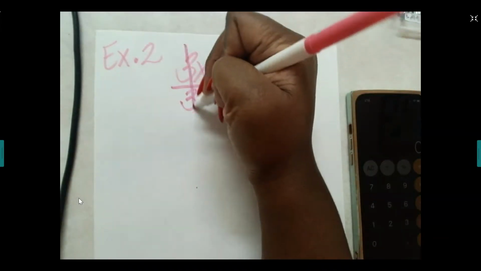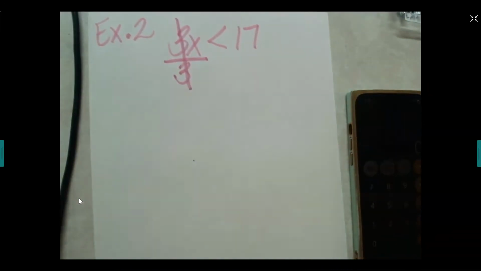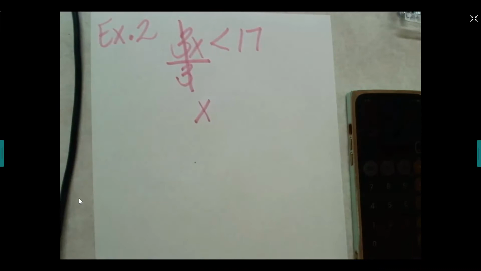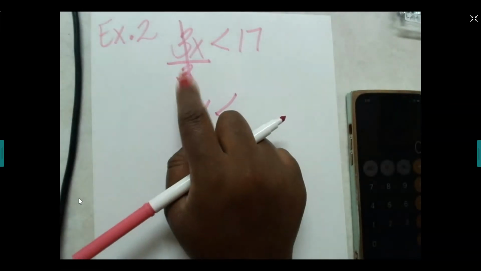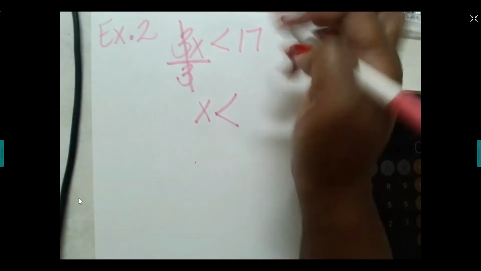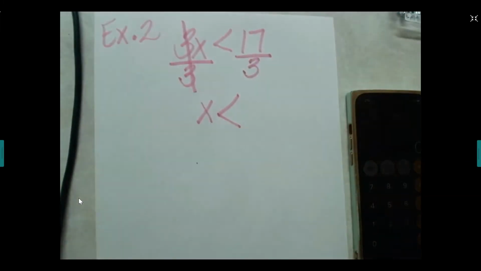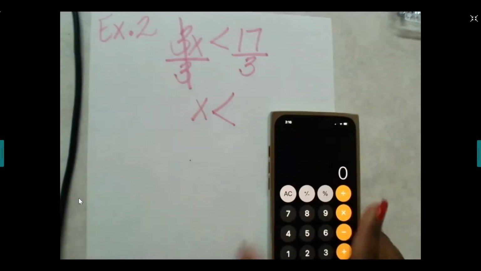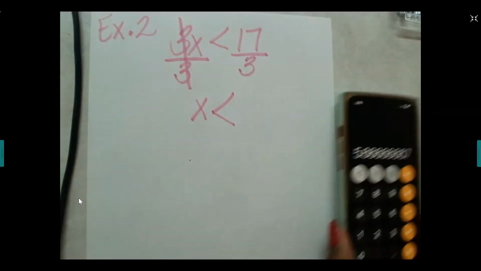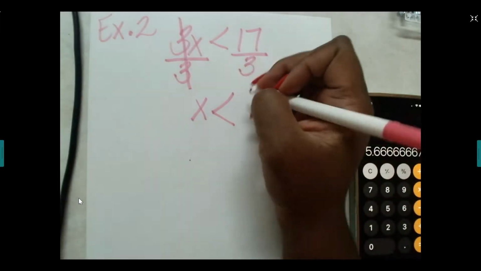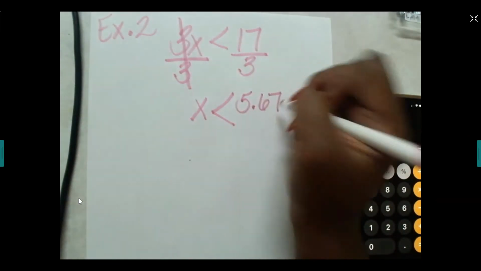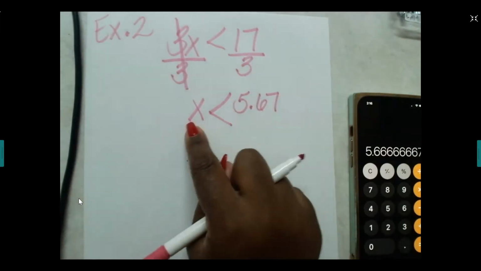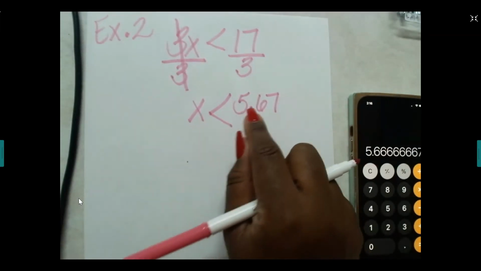So now our 3s have canceled each other out. We have our x here. We have our less than sign here. And whatever we do on the left side of this inequality, we must do on the right side as well. And I'm going to use my calculator, and of course it went to sleep. I'm going to use my calculator here to divide 17 by 3. And my answer, remember we round to the nearest hundredth, my answer is 5.67. X can be any number that is less than